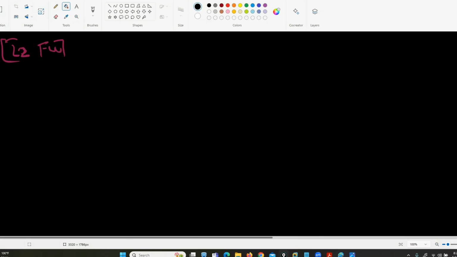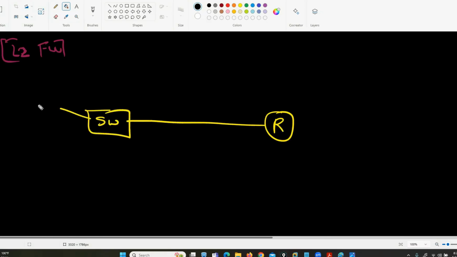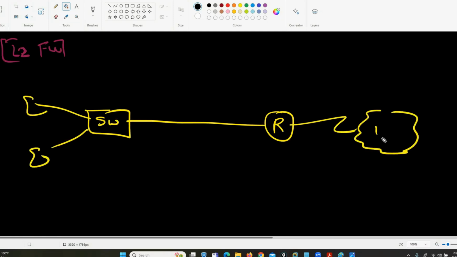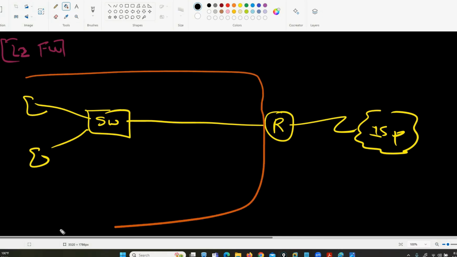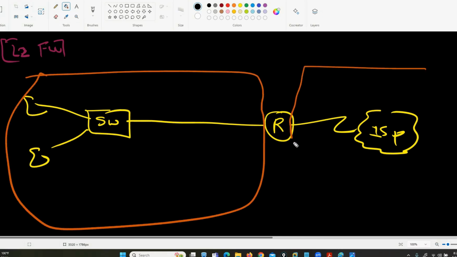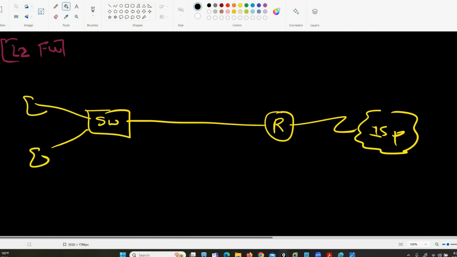For example, I have an existing routing switching topology. Here we have a switch, multiple computers. Everything is working fine. Into this topology, I want to deploy a firewall device. This portion is a single subnet, the LAN portion, and this portion is a WAN subnet. Into this existing scenario, if I want to deploy a firewall device,